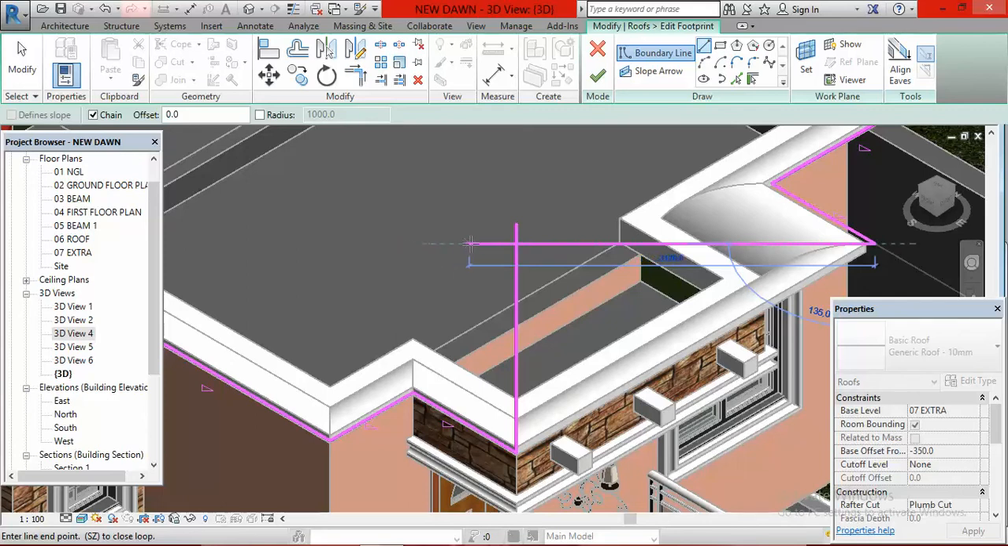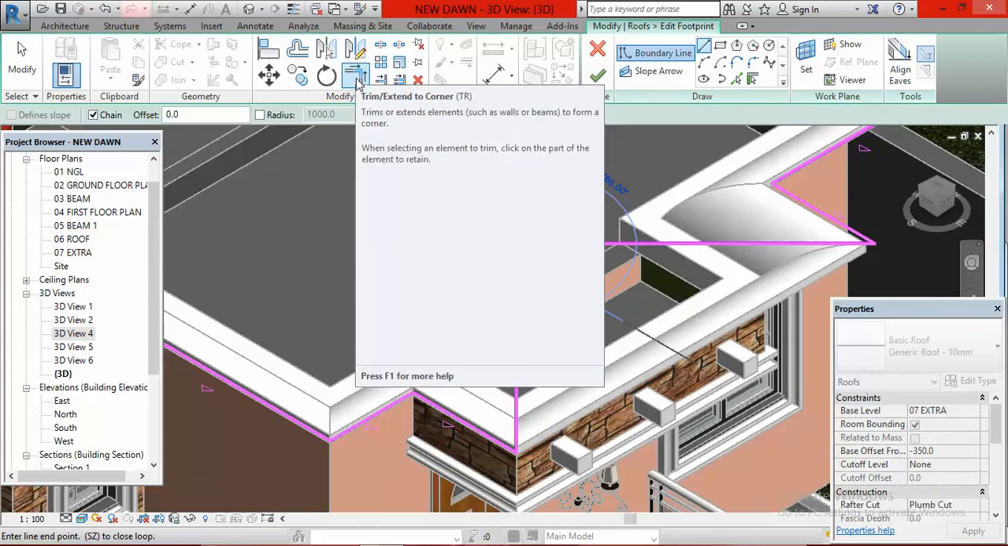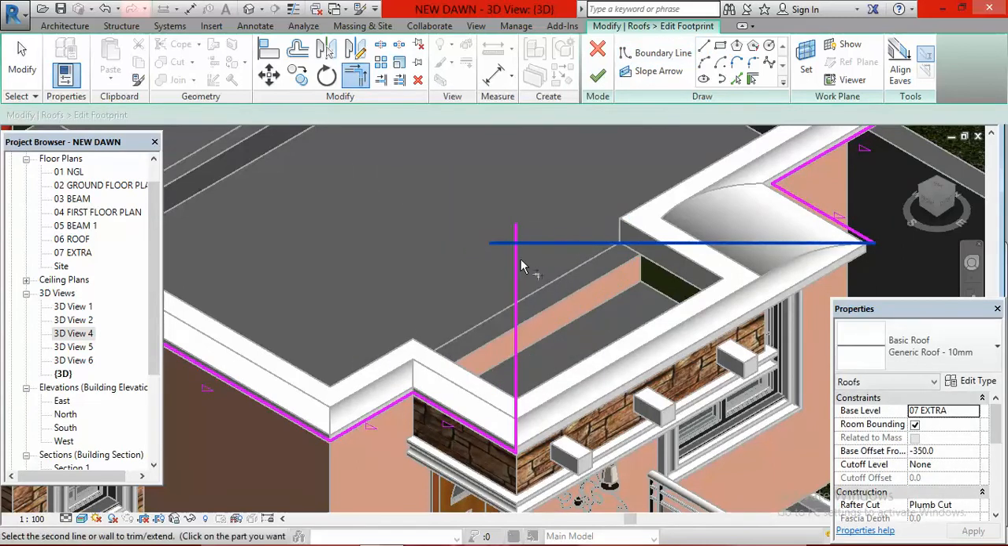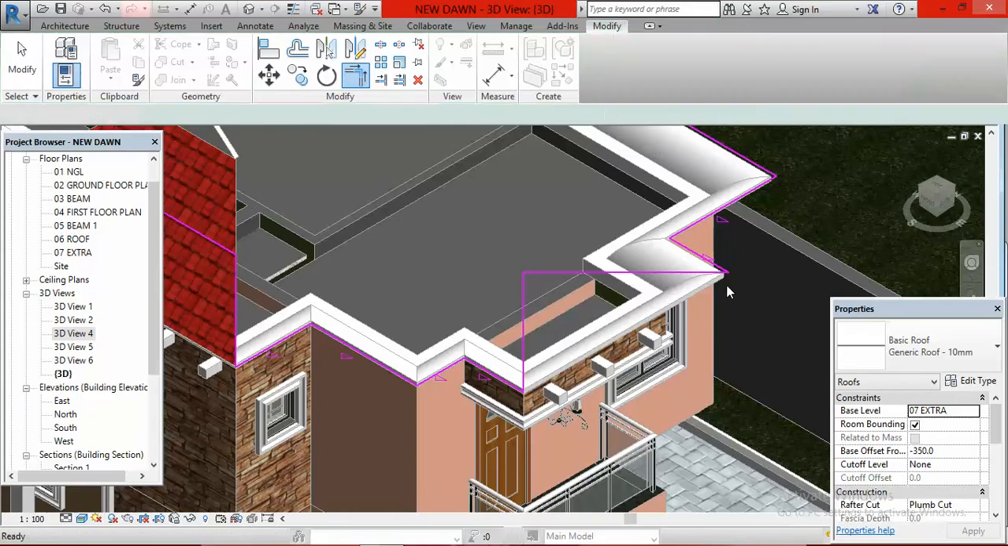Once you get to angle 45 or angle 135, you will see that dotted line, that line of alignment showing you that you are there. But even if you don't see that line, once you see 135 degrees or 45 degrees, just click. Once you have clicked, go here on trim to corner tools, click on it, click on this and click on this to trim. Okay, when you have done that, the next thing you are going to do is to come here, click on finish edit mode,